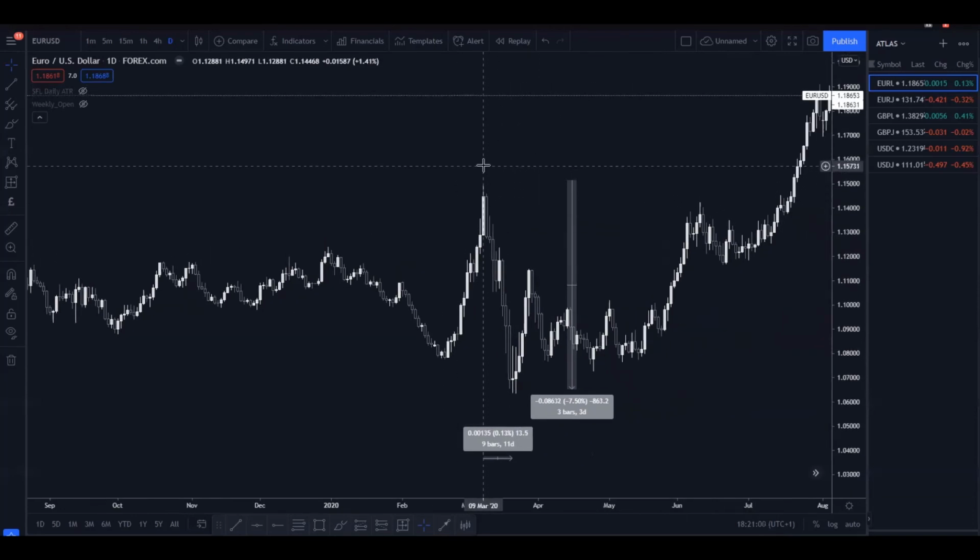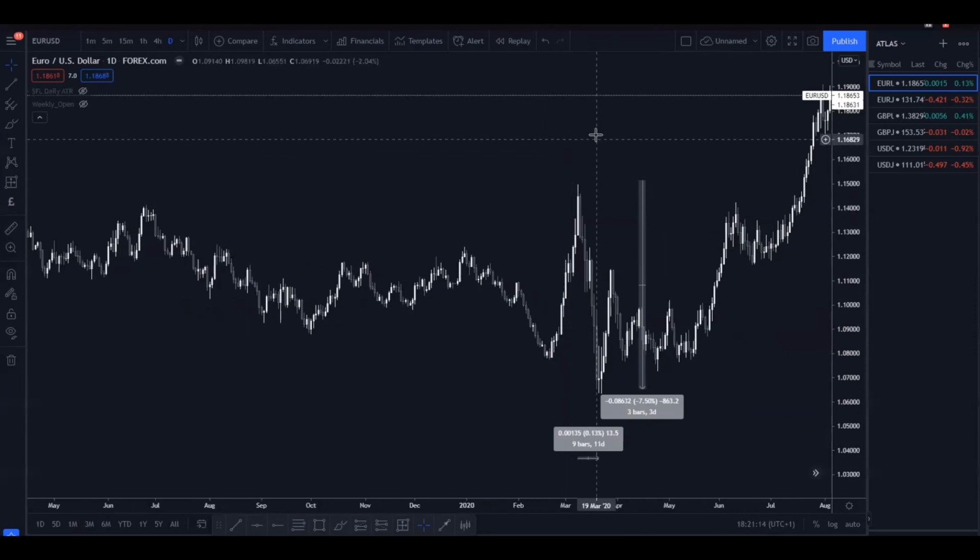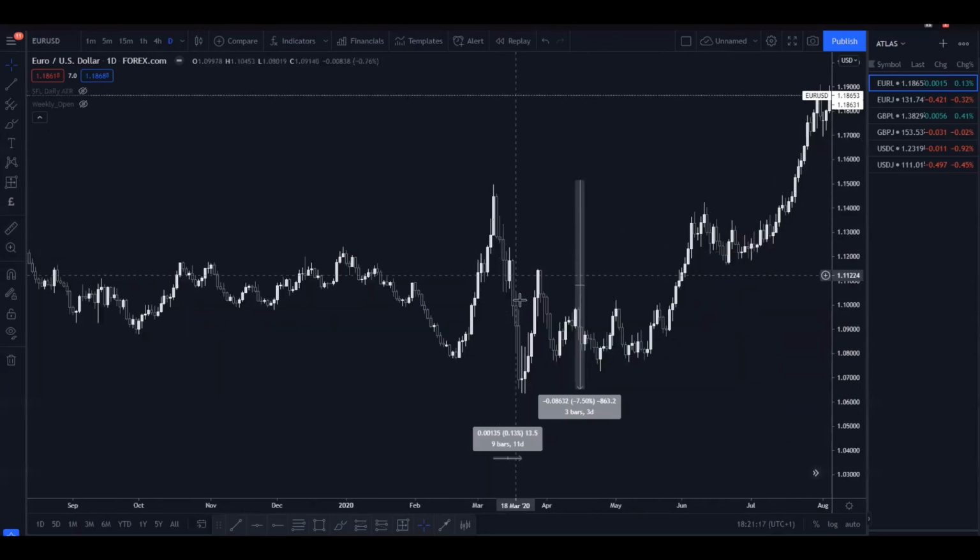I know it's stupid to say, but some people wouldn't know how such lockdowns affect the economies. If you didn't know this was happening and you were long on this market, you would have definitely been caught out because of the volatility. It's the same across most pairs. This chart on the dollar index would just be flipped over, where we saw a massive move to the upside in the dollar compared to any other pair. As Corona hit, the big economies were definitely hit very hard.